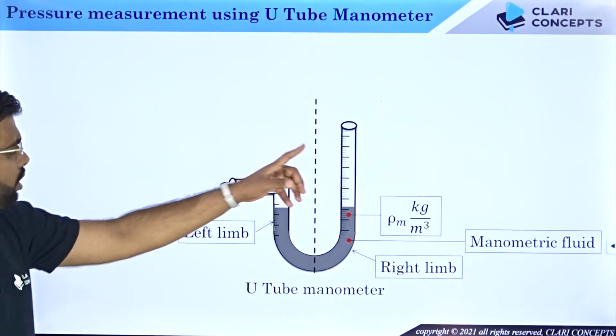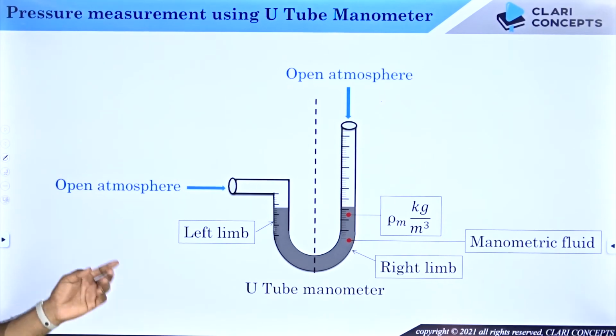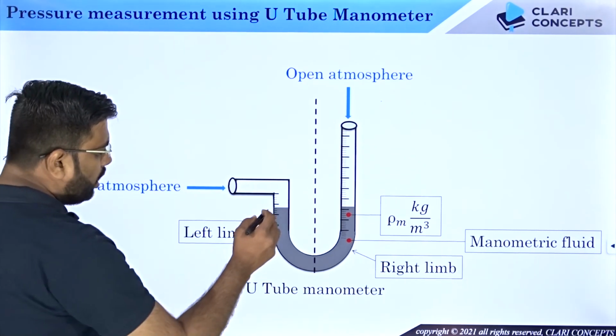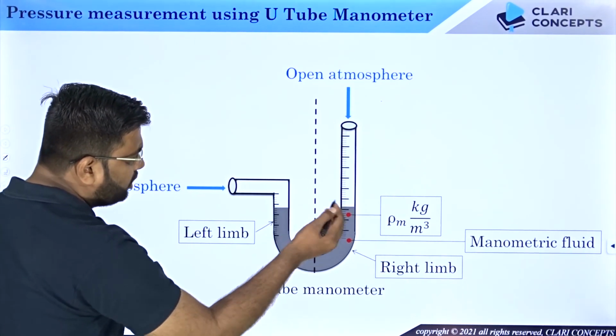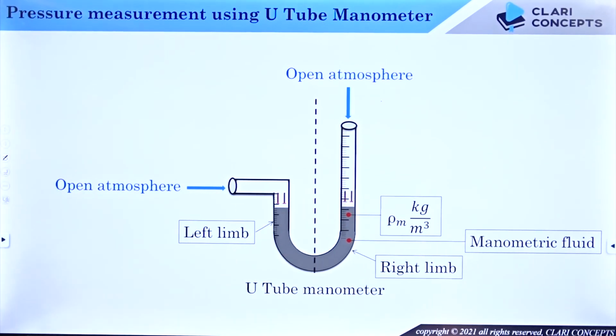Currently both ends of the U Tube manometer are open to atmosphere, and therefore both surfaces of the manometric fluid are exposed to the atmospheric pressure, the same